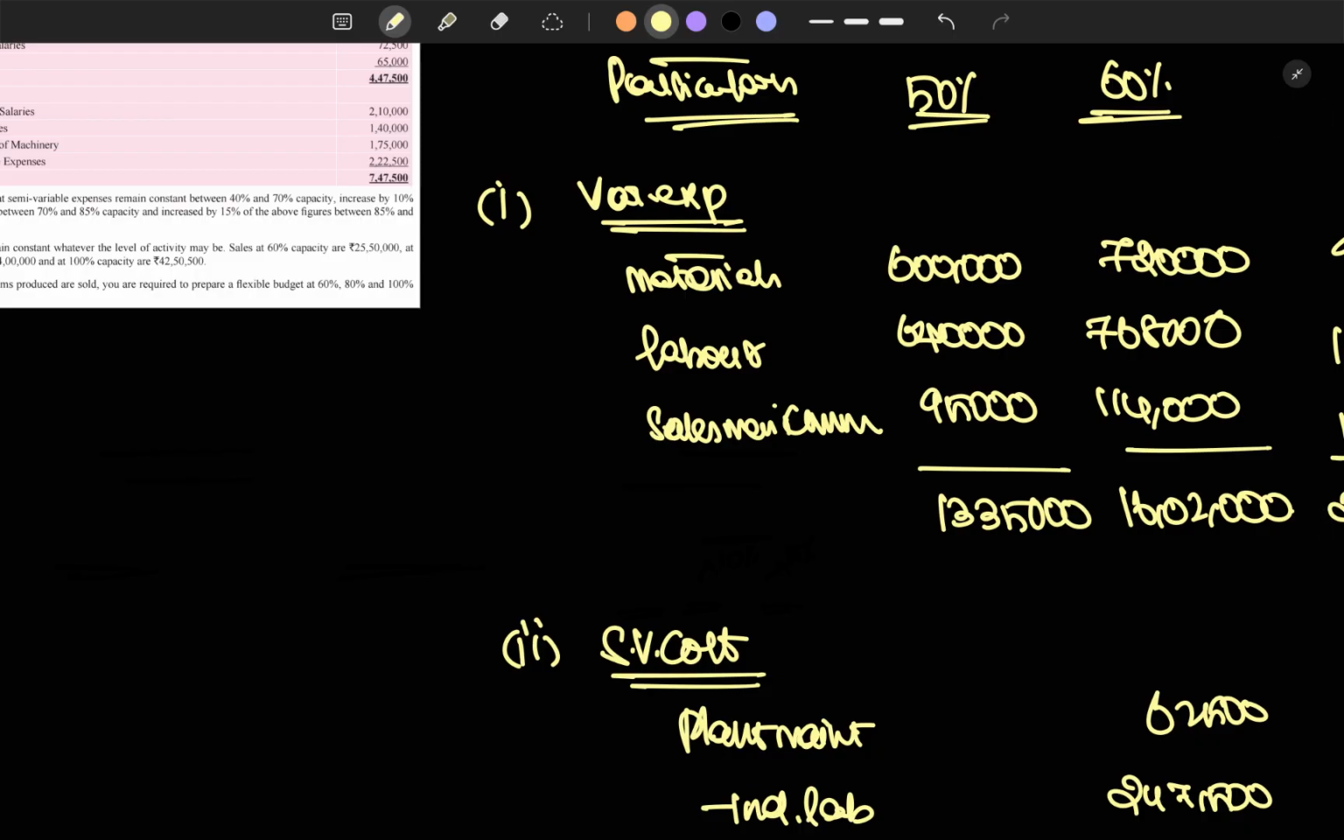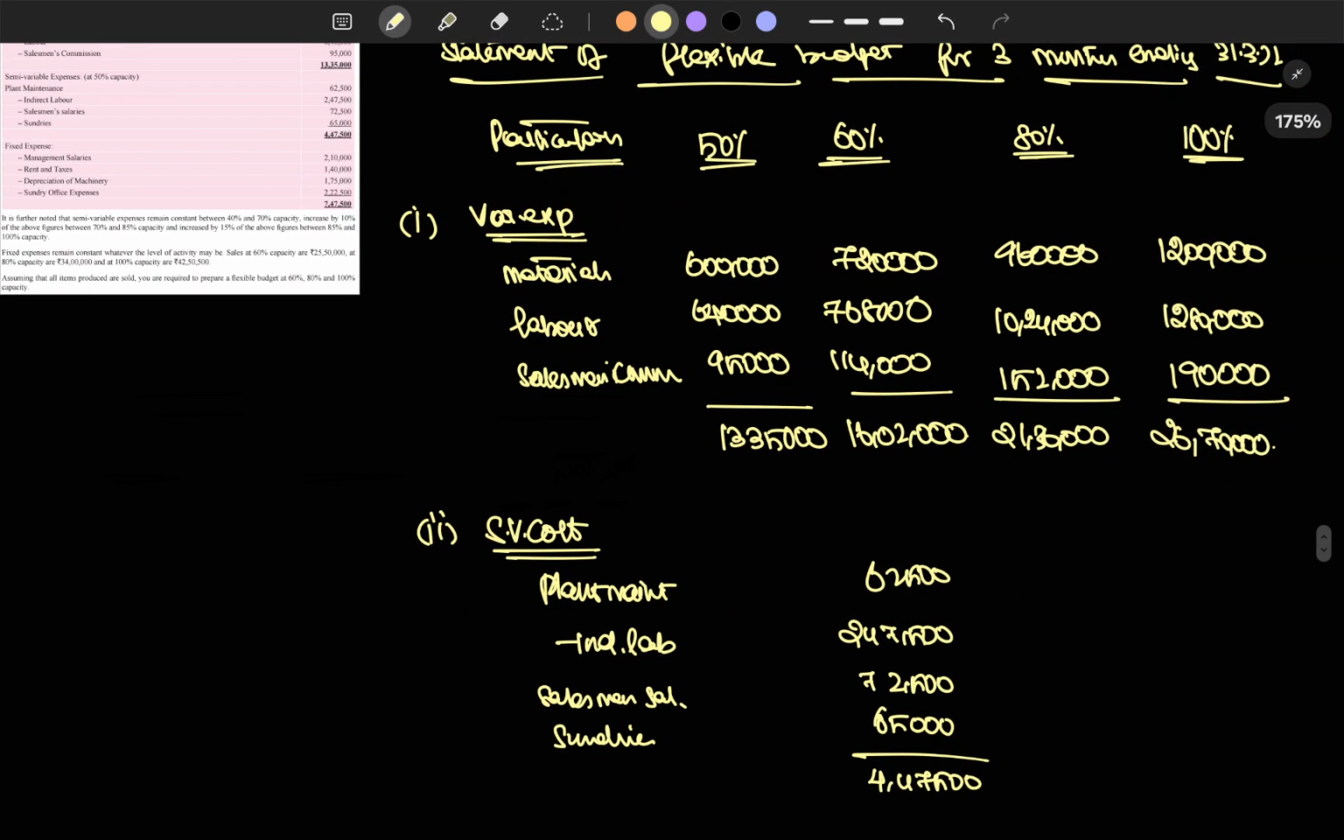And for 80 percentage, there is a rise of, sorry, 10 percentage increase. Okay, 110 percentage. So 62,500 into 110 percentage, which is 68,750. It's 1.1 into 2,47,500, which is 2,72,250, 72,500, which is 79,750, 65,000, which is 71,500, and then